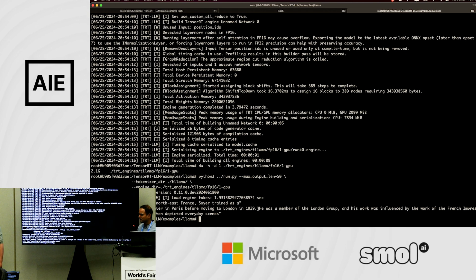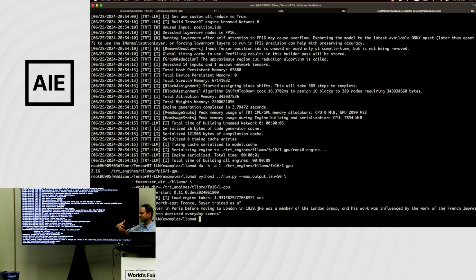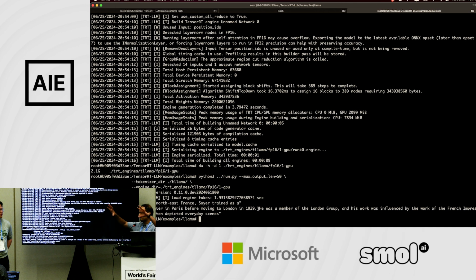The question is what happens during the convert checkpoint. I think there are three things that happen, potentially three things. First thing is that TensorRT-LLM needs the tensors to be in a specific format to work with. So think of it as pre-processing. There are many ways of specifying a model. It can be on Hugging Face. It can be exported from PyTorch. It can be ONNX. There are many, many different ways of specifying these models. So the first thing it does is convert that into a format that it understands. So it does some kind of translation into a standard structure.